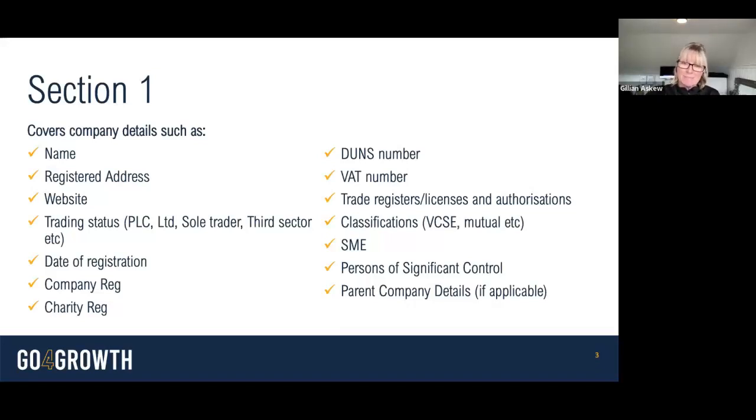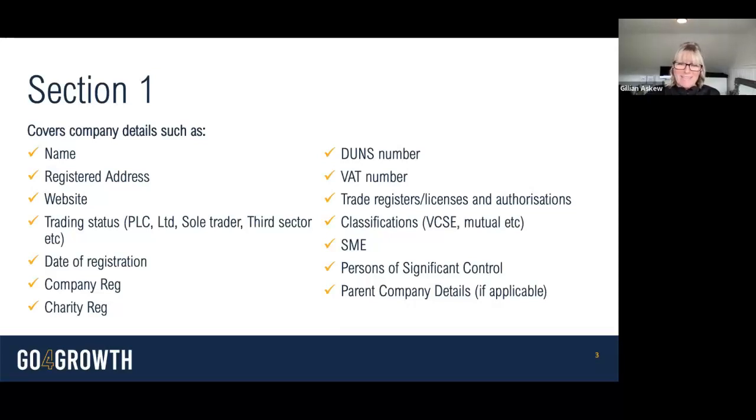And we often get asked about a DUNS number. You might not have been asked for it before, especially if you're new to the bidding process, and it comes from the Dun & Bradstreet website. What we've made in Go for Growth is a tutorial on how to get your Dun & Bradstreet number, your DUNS number. So in the slide deck and the video that we send out afterwards, we'll also include a link to the video tutorial of how to get your DUNS number.